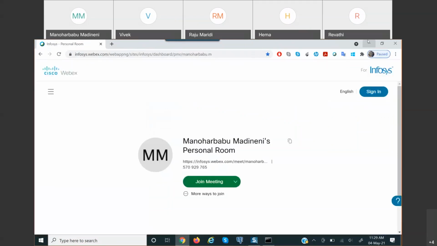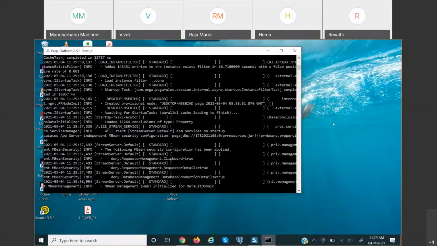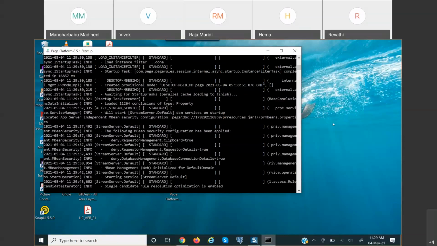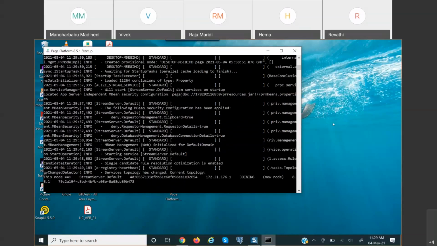Just remember that hierarchy, guys. Operator ID, you need to have an access group. Access group contains application. Application contains rule sets. So that is the order, that's a dependency kind of thing, so we need to remember that.